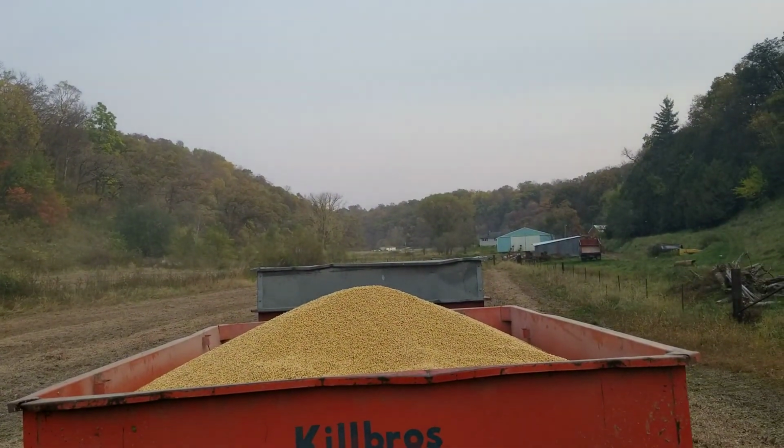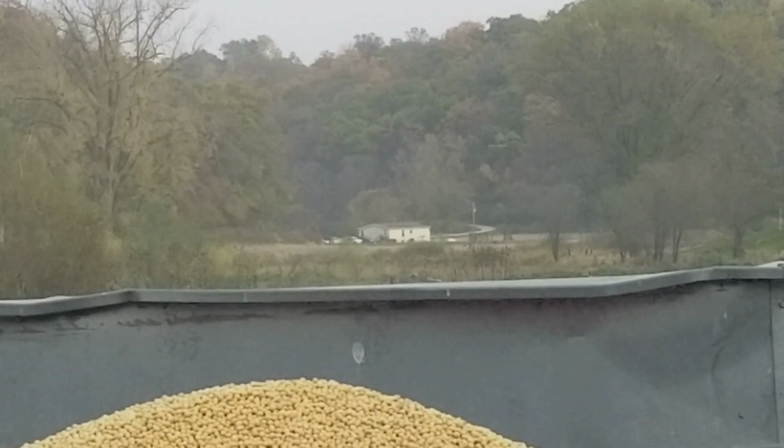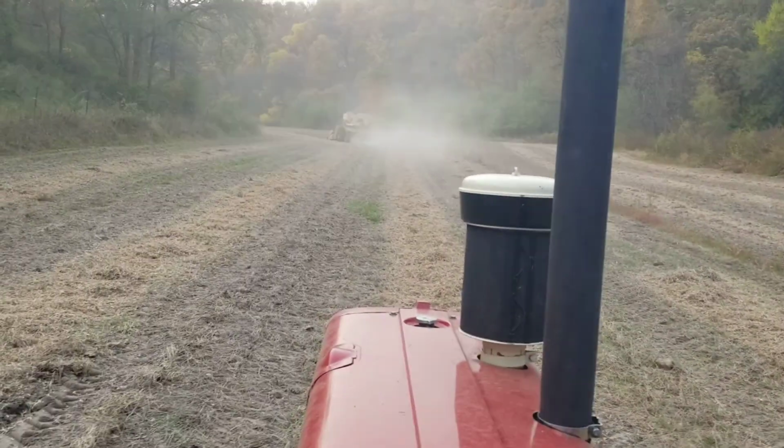My brother combined some soybean fields way down there by his house, which is right there. There's like 2 fields there, and then there's another field around the bend over by the county road that he combined. So now we're up behind our machine shed